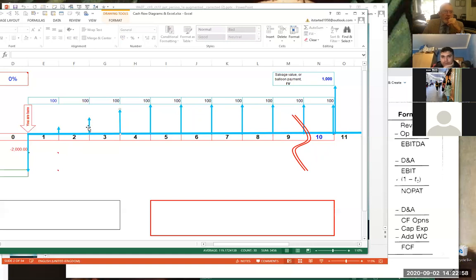This one, 50% of my $5, discounted by 2 years. This one, 80 or 85, whatever the number is, discounted by 3 years. And then, of course, this fellow is also going to give me a present value at this point in time. I'm going to discount that by the 3 years as well. So we can work out our things like that.